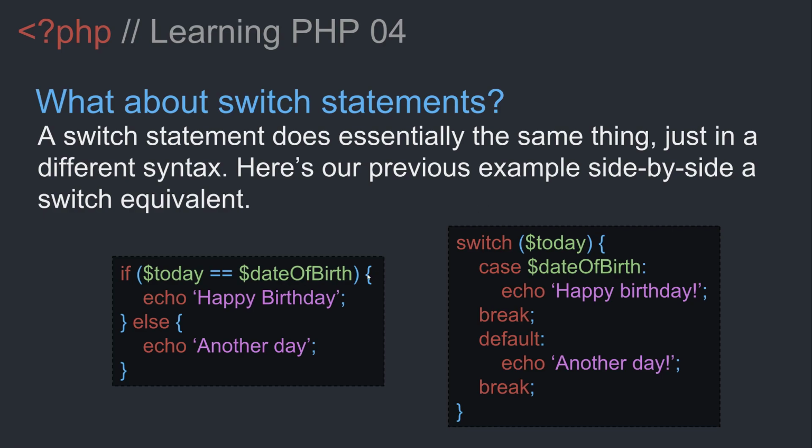Instead of the curly parentheses as well, we have a colon to start the positive outcome, and then we have the keyword or the identifier break to close the outcome. If you wanted an else, so if it doesn't match any of the criteria, this